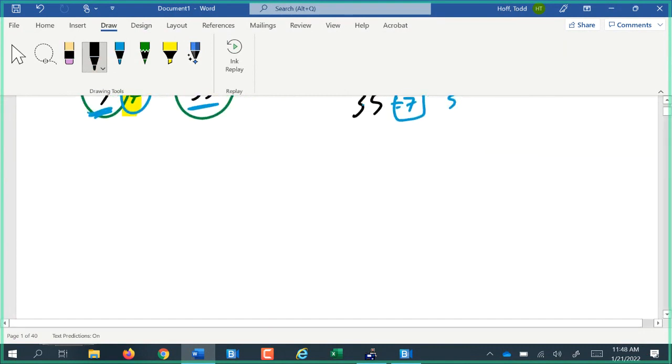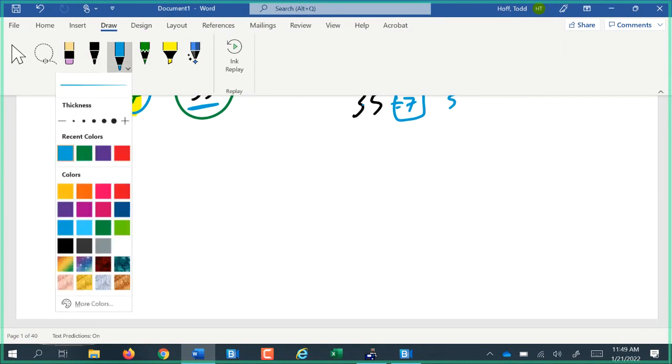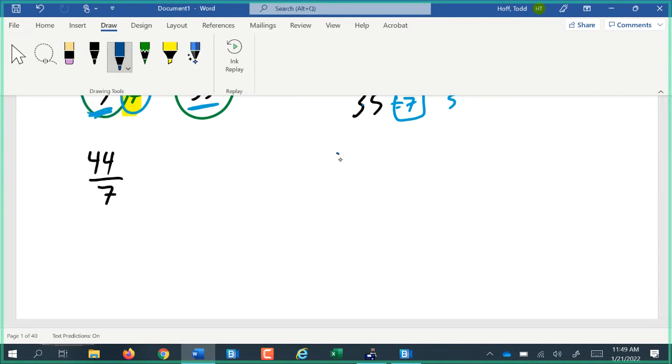We also could run into things like this, 44/7, where, again, it takes 7 items to make a whole object, and we have 44 of those pieces. That's too many pieces for us to visualize. So it would be simpler or easier for us if we could break that down into whole objects and then the pieces left over. If we tried to punch it in the calculator, of course, we could do 44 divided by 7, gives us something like